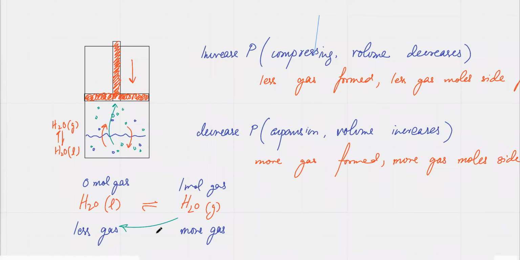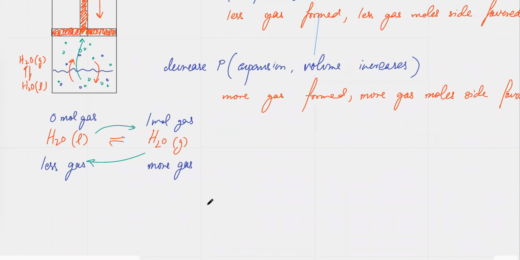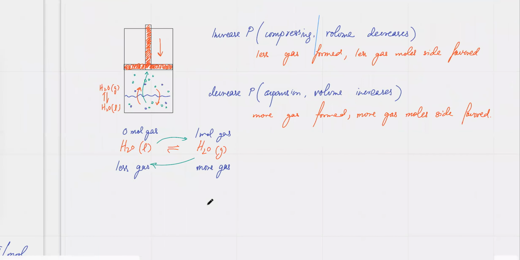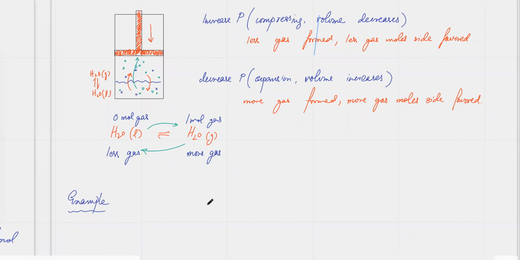अच्छा, वाइस वर्सा, इफ आई डिक्रीज प्रेशर तो ज्यादा गैस बनेगी। तो मोर गैस मोल साइड कौन सी है? फॉरवर्ड है, क्योंकि फॉरवर्ड जाएगा तो ज्यादा गैस बनेगी, 1 मोल गैस बनेगा। ठीक है, सो इज दिस क्लियर? आमना, इज दिस क्लियर? जी सर। अच्छा, और एग्जांपल कर लेते हैं। यू हैव गॉट N2 plus 3H2